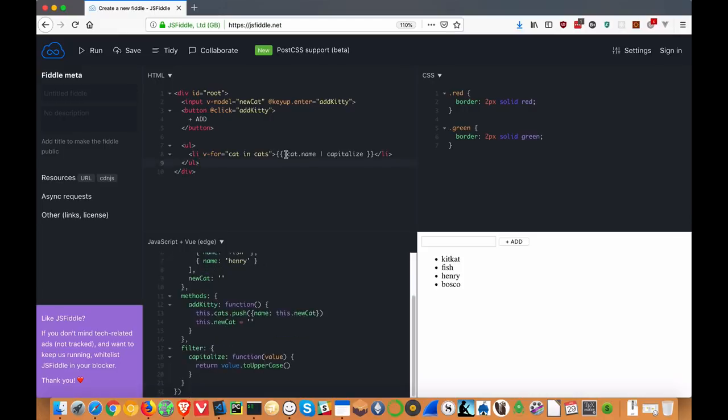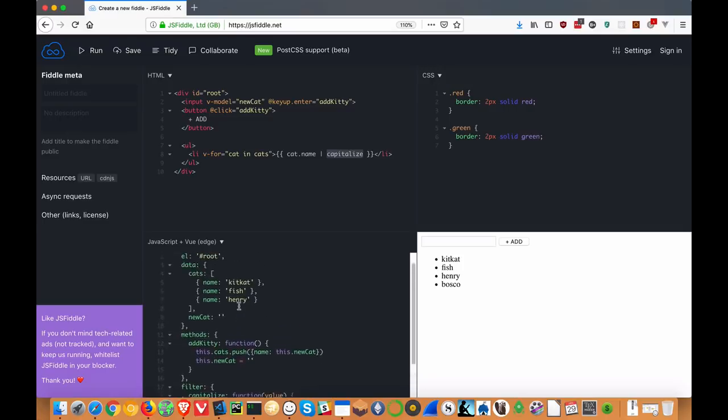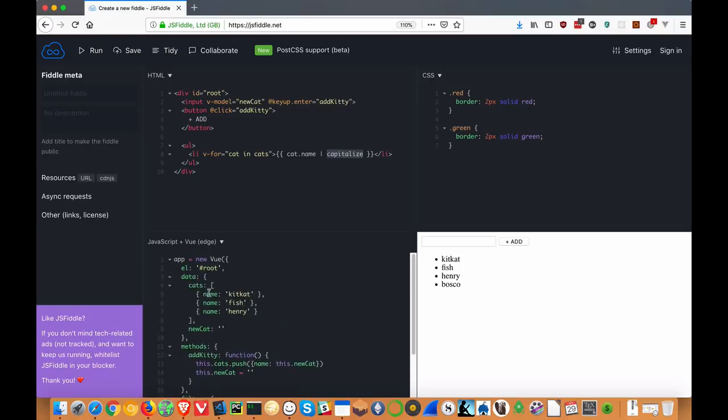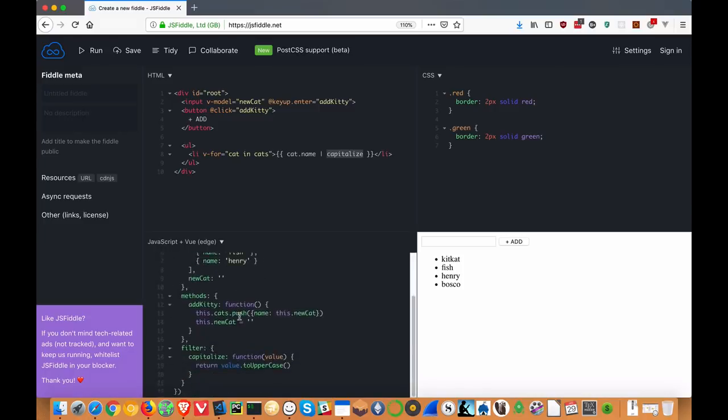Vue will parse this as JavaScript with cat.name, and then it will pipe it to this capitalize function, which is a filter. So it doesn't change the actual value stored in the Vue state here in the data property. So all of these names will still be lowercase, but just the display on the DOM will be piped through this capitalize function, and it will come out value.toUpperCase. So if we run this,